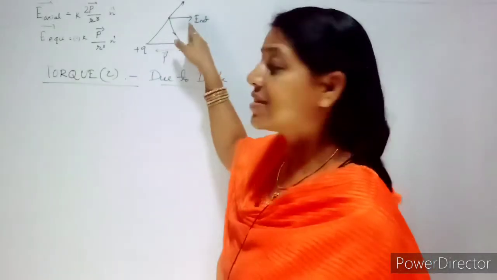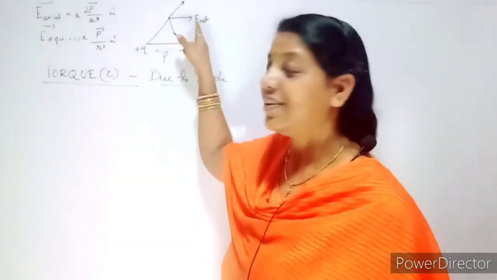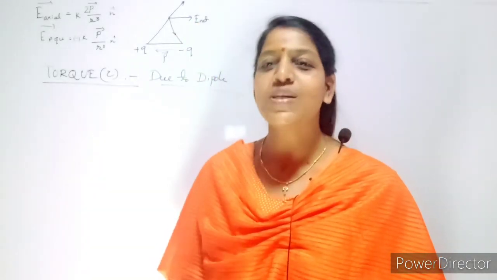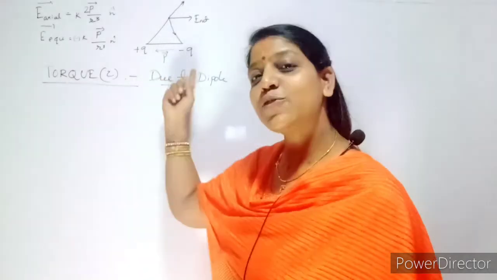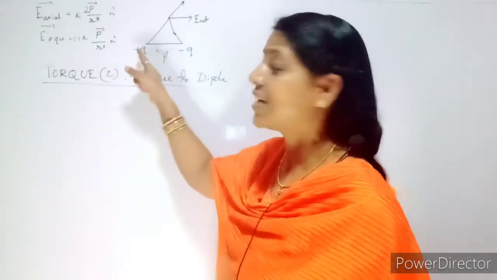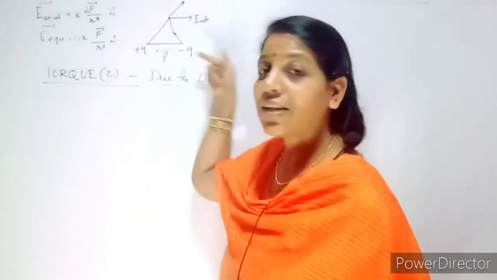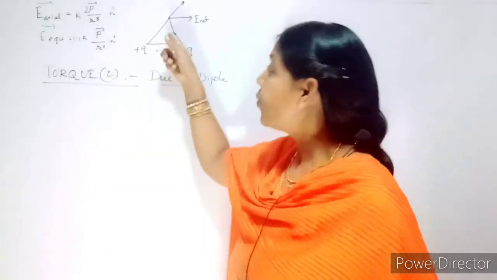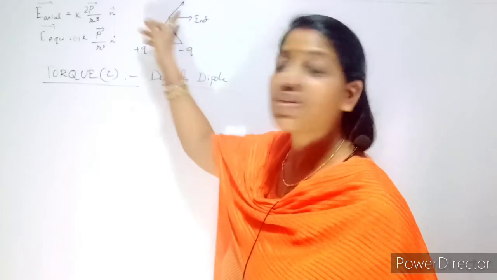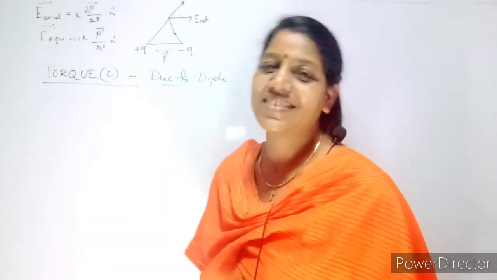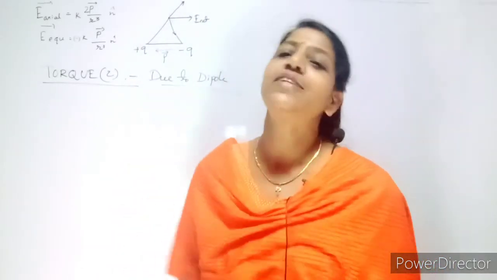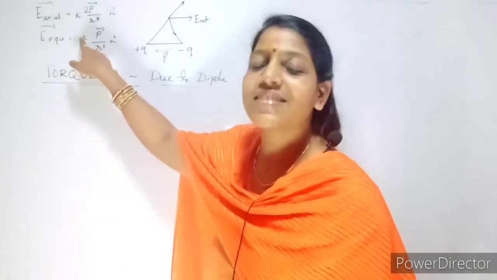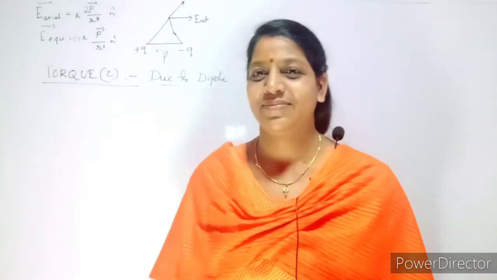I show you this is the direction of the net electric field. But what is the direction of the dipole moment vector? It is always directed from negative charge to positive charge. See, this is your negative charge, this is positive charge. So what is the direction of the dipole moment vector? It is from right towards left, whereas your electric field direction is from left towards right. So as they are both opposite to each other, hence your E equatorial equal to minus of Kp by Rq.